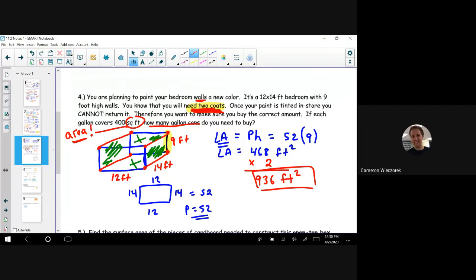Okay, so that tells me how much paint that I need, but you're not going to go buy a gallon of paint that has 936 square feet. All of the gallons come in sizes of 400 square feet. So you go to the paint store and you tell the person, well, I know I need to have 936 square feet to paint my house. You look, okay, each gallon covers 400 square feet. I'm just going to divide those 2 numbers to see how many gallons I should buy. So if I do 936 divided by 400,